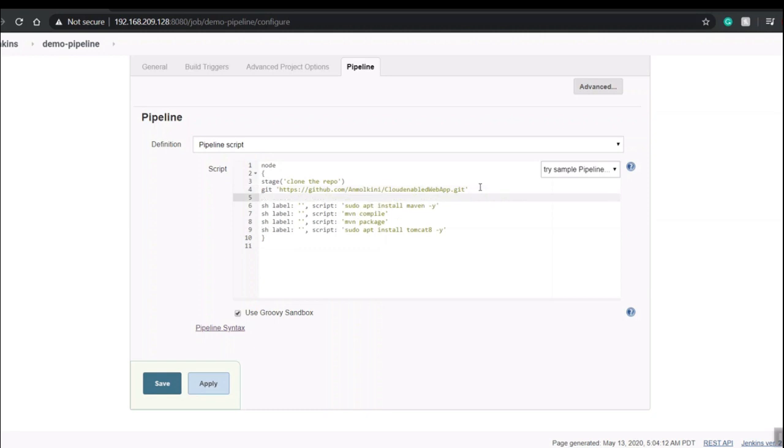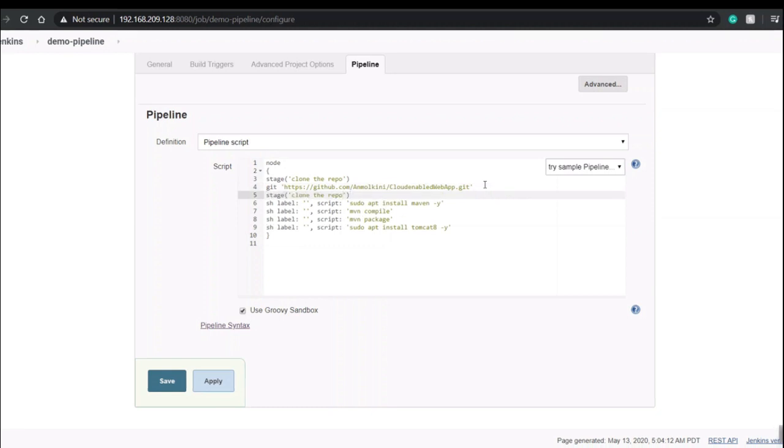Similarly, I'm doing this to every other script, and now I'm changing the clone the repo to install Maven. So this just acts like a heading to understand. We'll just print this as a heading. I'll do the same with the rest.